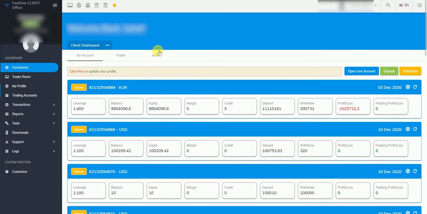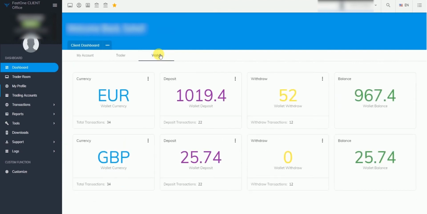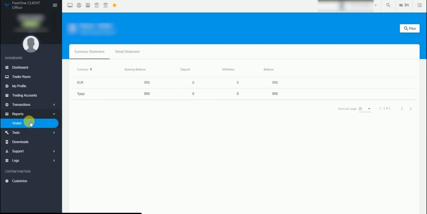To view the same, click on the wallet option on the dashboard and instantly get the details about your currencies, total number of transactions, deposit amount, deposit transactions, withdrawal amount, withdrawal transactions, and wallet balance. To add further, you can click on Reports and then on Wallet to get the summary statement and detailed statement